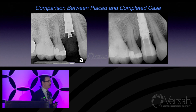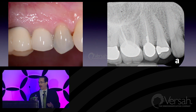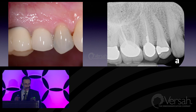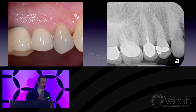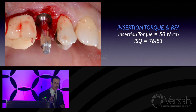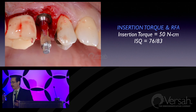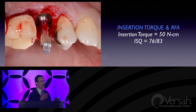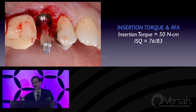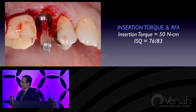So the next patient, I decided to get a little bit gutsier. In this early 60s female with a good medical history, I took out the second premolar due to a vertical fracture. Insertion torque again was high at 50 Newton centimeters, but the key number for me was an ISQ value of 76/83. Now the buccal gap was greater on this patient, so this patient received a bone replacement graft in the facial since it was about 1 millimeter or so, again using a mixture of 70% mineralized, 30% demineralized,